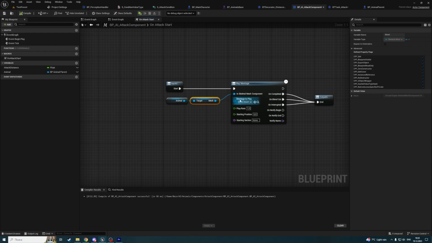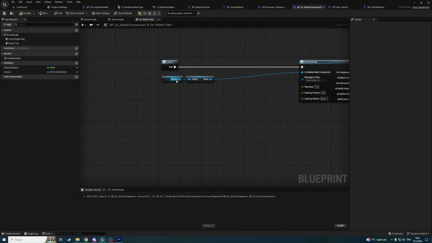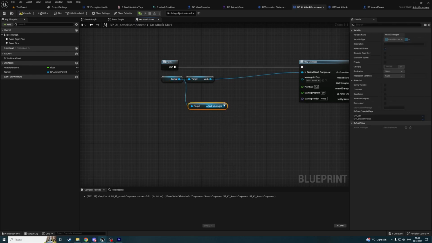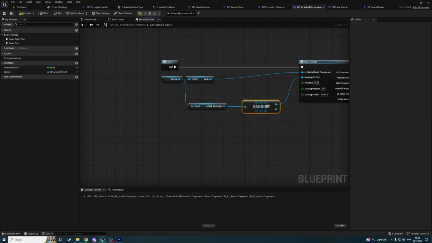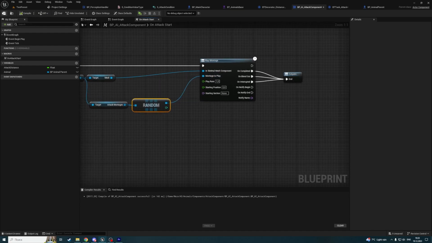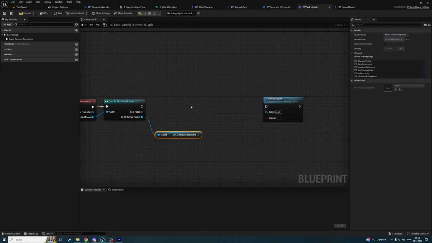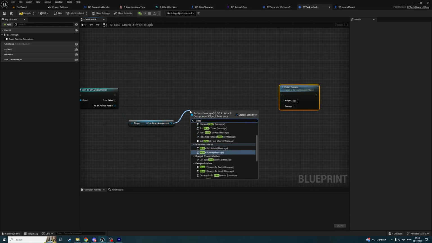And what we're gonna do here, we're gonna get our animal. Let's move it a little bit to the right and get attack montages and select just a random array item and connect it to montage to play. So that's it. Let's close AI attack component. Back to BT animal, back to BT task attack. So and here we're gonna call attack